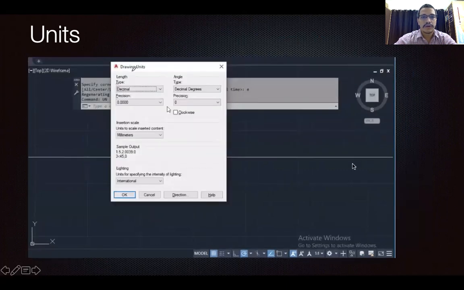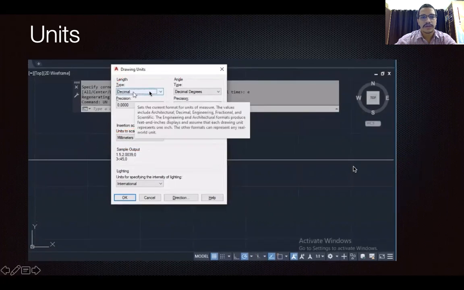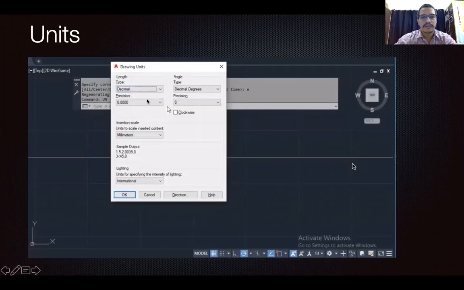So here you can see different options. According to your requirement, you can choose the length type, the angle type, and basically the scale, the millimeter or whatsoever. In the length type you will get different options like architecture, engineering, fractional, so depending upon your type of drawing, or scientific, you can choose among these. And you can set the precision, up to what decimal point you are looking for.